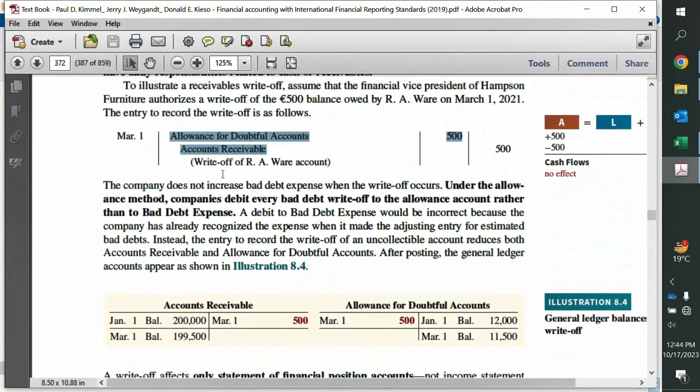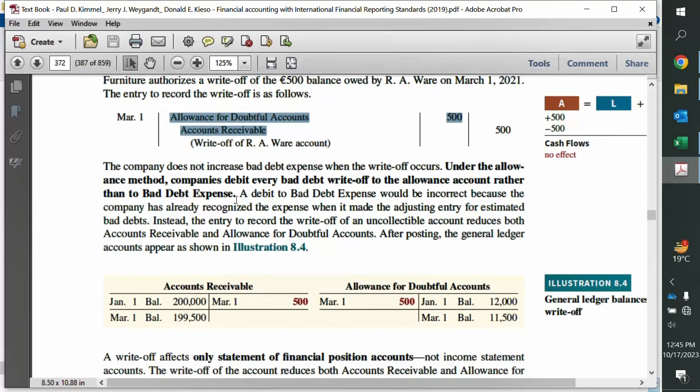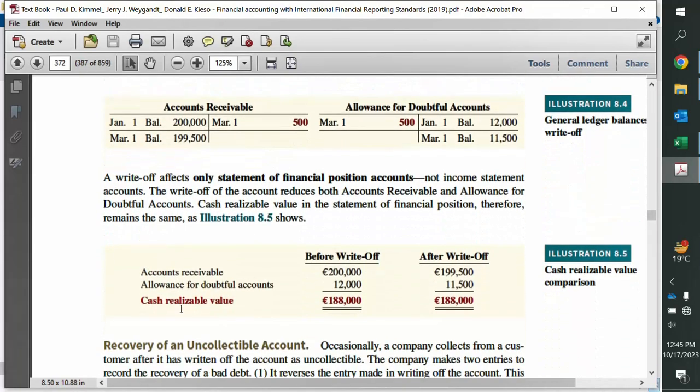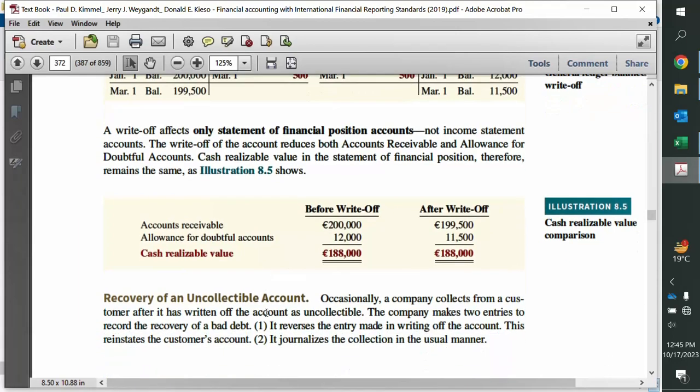So what is actually happening? The contra account is being set off against the asset value. So there is no net change. Why is there no net change? Because the bad debt expense was already estimated in the last year. So this confirmation that one party is not going to pay is not affecting my balance sheet because we have already recorded it. The only thing affected is the distribution of balance between receivables and the allowance account. When you do some practice, maybe 3 or 4 or 5 questions, then you will realize this more.